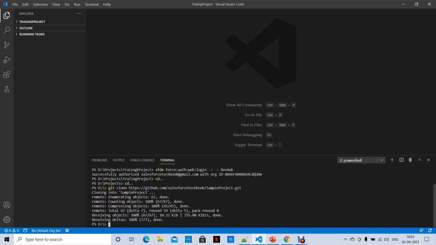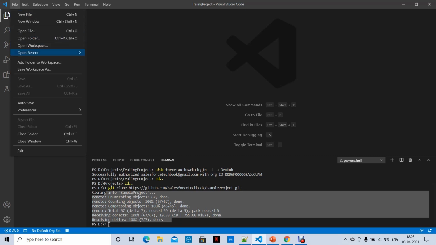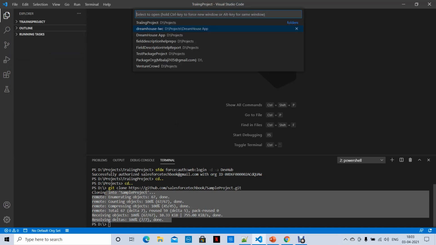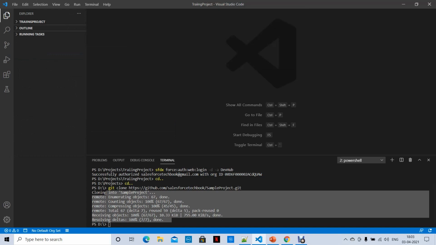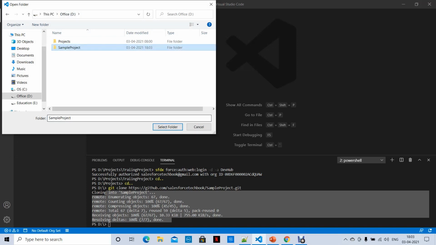Now it is successful. Now what I am going to do, I am going to open this from this VS Code. See here, file, open recent, whatever. Let's open this. Now open folder. What is our folder? D folder, right? Let's go to D folder, sample project.